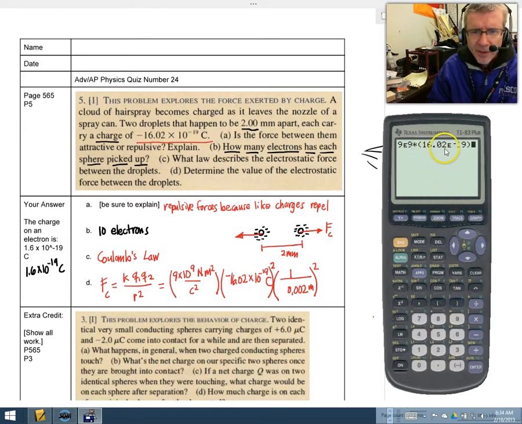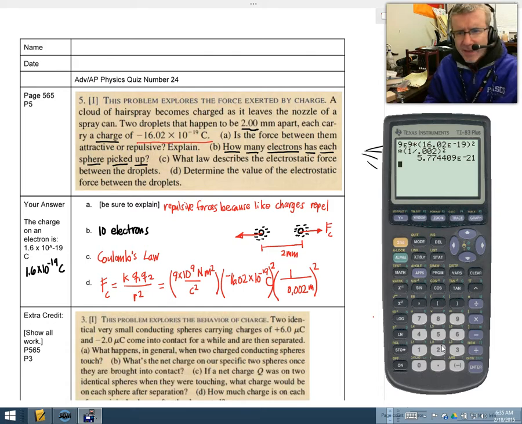So I want 16.02 times 10 to the minus 19, that squared. All times 1 divided by 0.002 squared. So then that equals, okay, so what we've got is the electrostatic force